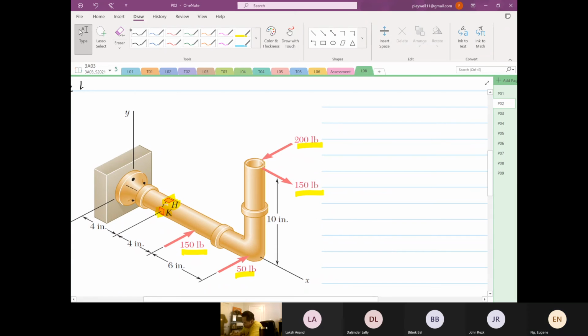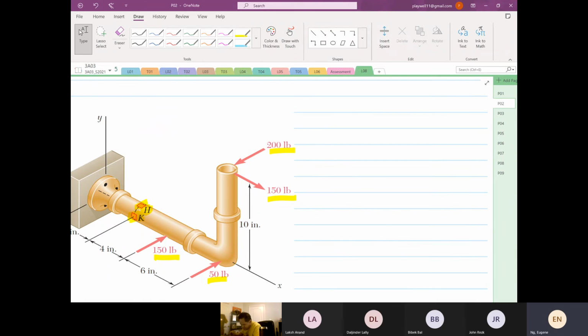Okay, so again, I've developed a very unique analysis protocol because of the amount of experience I have and also the amount of problems I've solved. So you don't get this from the textbook. I'm going to make this easy for you. Okay, so the first thing we have to do is we are going to identify